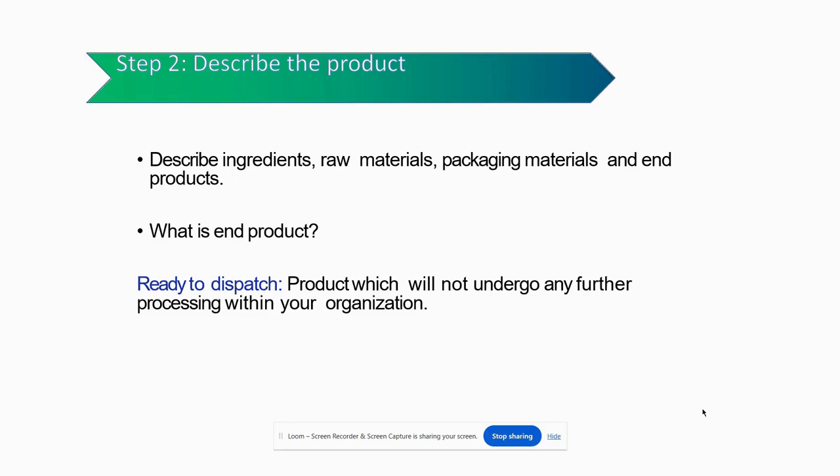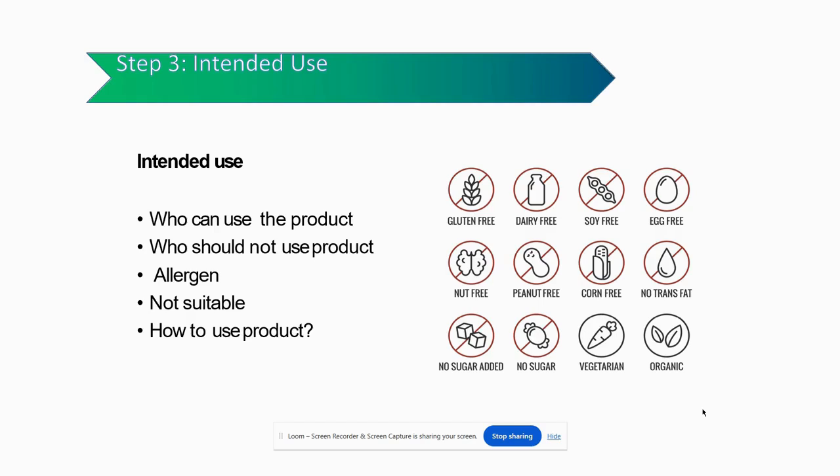For example, some products which contain high preservatives are generally not recommended for infants, as well as people who have allergies to certain food allergens as listed here. Some may be allergic